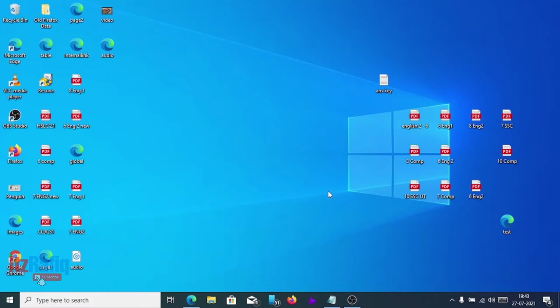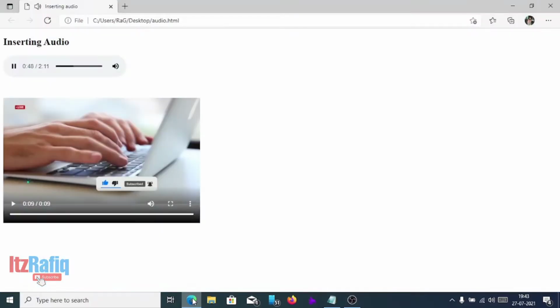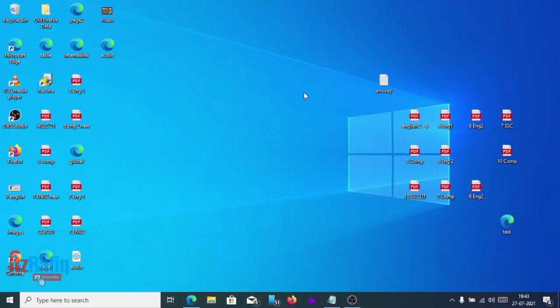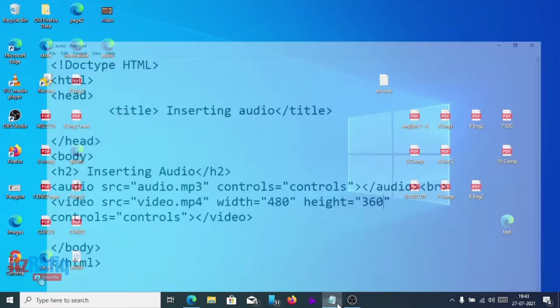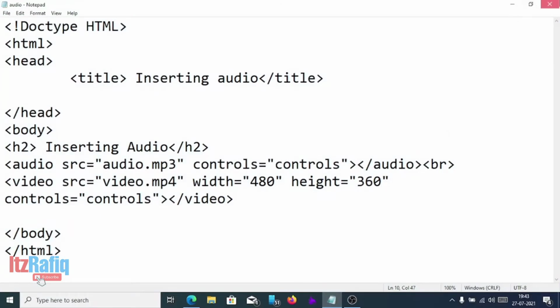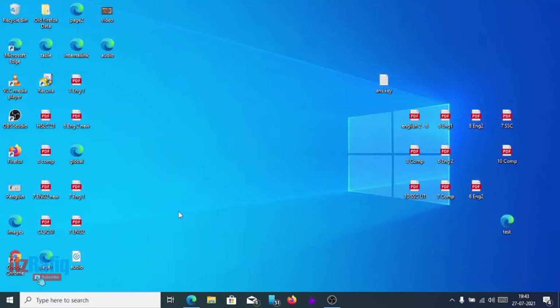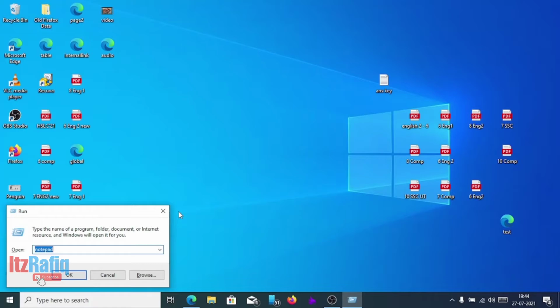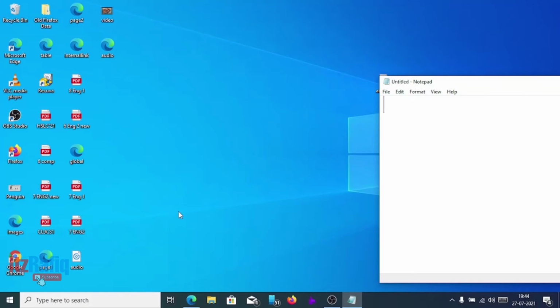Mainly, suppose I have a web page where I want to make menus, then logo, banners and all. This we can do by using frames. So let's see how we can do that. First we will create the main page. For that we will open Notepad. You can use the shortcut Windows+R, then type Notepad and OK. Here we will create the main page.